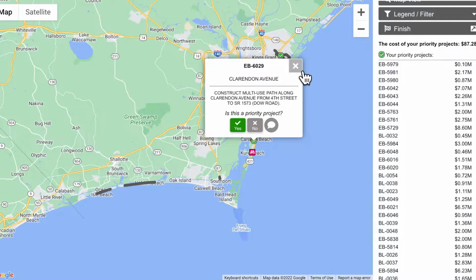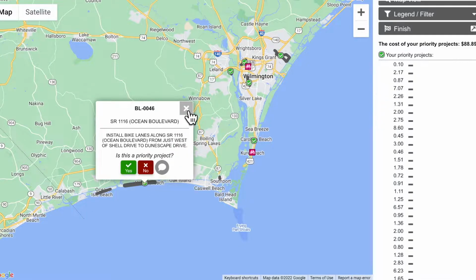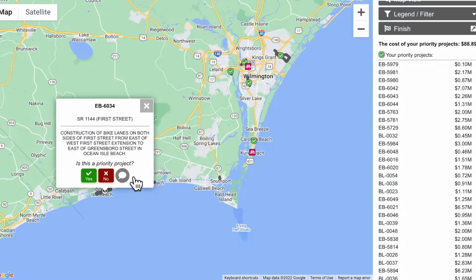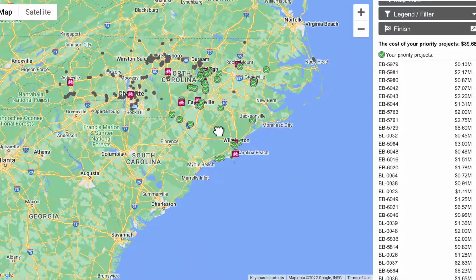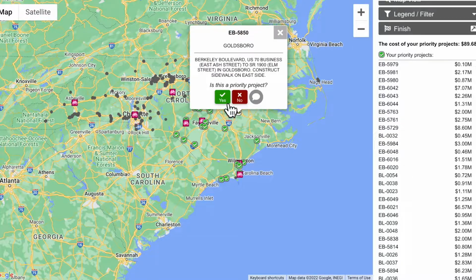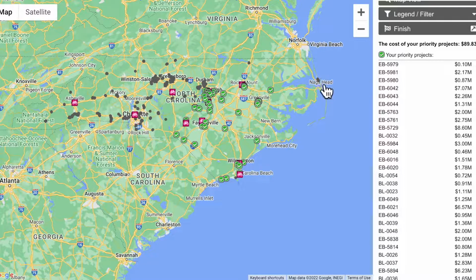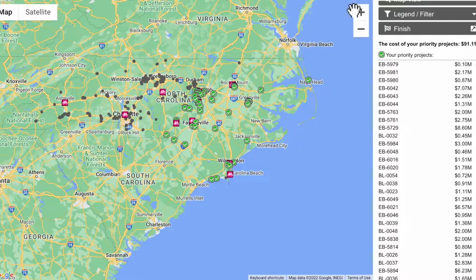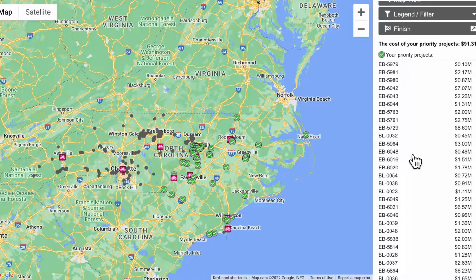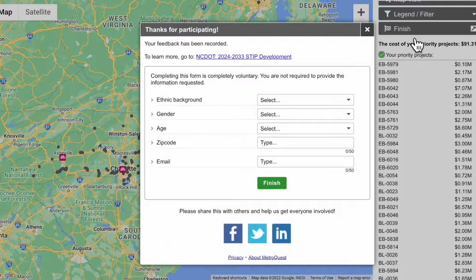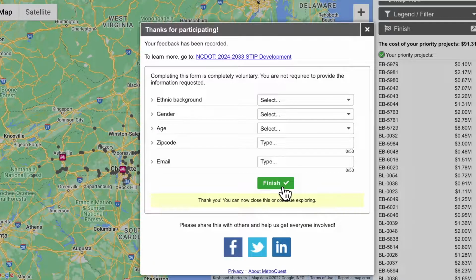There's no limit to how many times you can submit your priorities, and we hope to return to this site and repeat this process, explore other projects to deprioritize because of their lack of active mobility inclusion in the design and budget. The best place to start, as I said, is with bike ped projects. Then go to the congestion mitigation air quality box and select that as the legend and filter. And as you investigate those projects, we hope that you'll look at the ones that specifically prioritize turn lanes over bicycle and pedestrian projects.